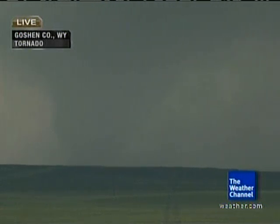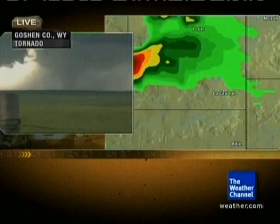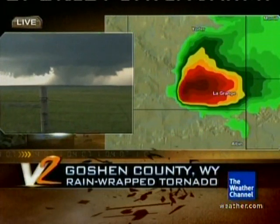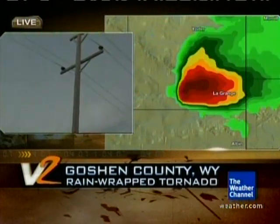When I look at what could be in the potential path of this storm, Dr. Forbes, I see very little. What I do see, though, between where we are and where the tornado is, is a lot of high-tension power lines. So I suspect that wherever these lines go, we're going to see some power outages, and what's oftentimes described by storm chasers as spectacular are those flashes of power going out as the tornado actually passes